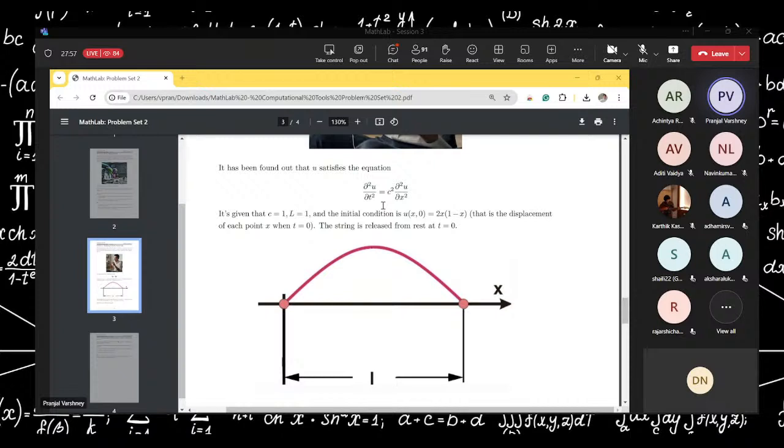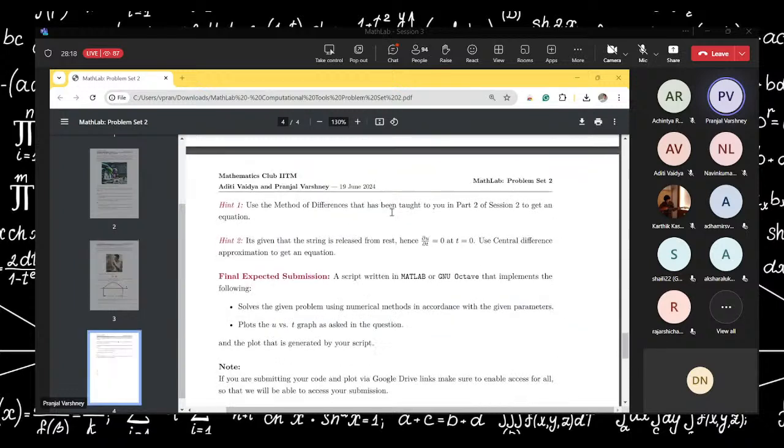And using those two conditions, you can find all other rows, like the example we discussed in this session. For finding the values of u at j equal to 0 row, I've already given you the equation, like the initial condition, that is u(x, 0) is 2x(1 - x). And to find another initial condition that you can use, I've given you another hint to use